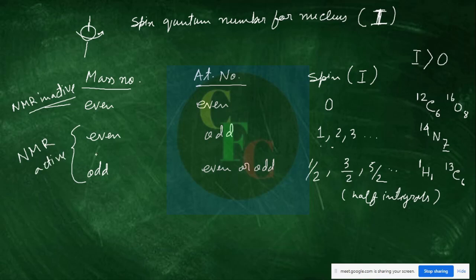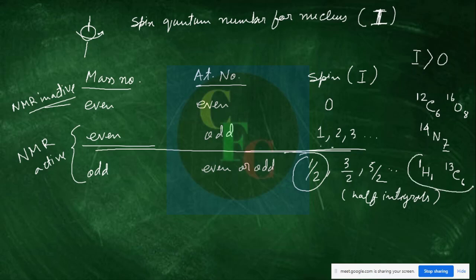and this is again a bit complicated with integral. We will consider in our course only atoms which have half integrals, and mostly this one. These two examples, the proton, the 1H hydrogen and the 13C both have spin value of half, right? So we'll consider only these things. Now these are NMR active, right?